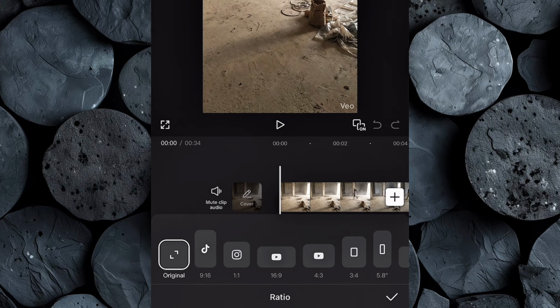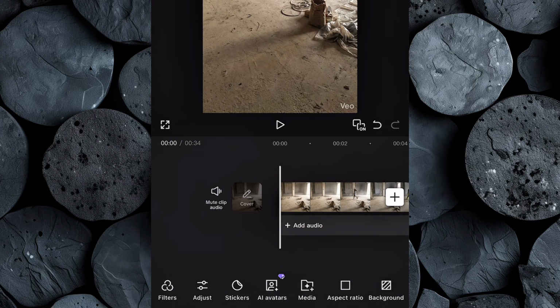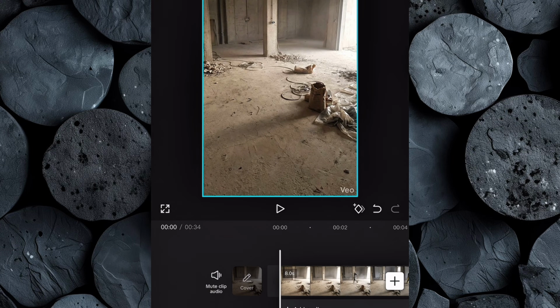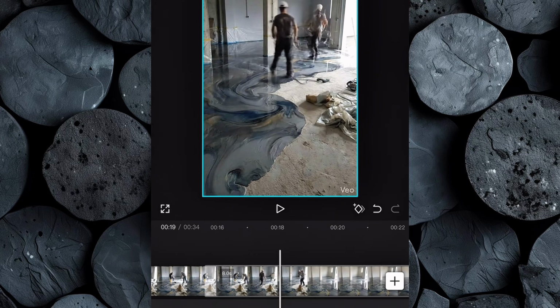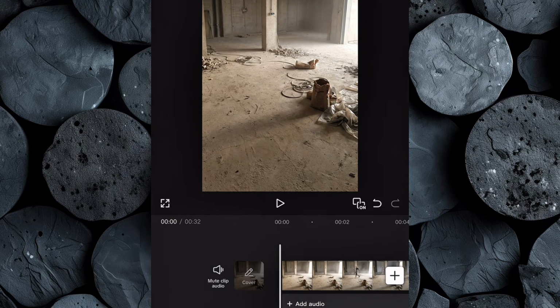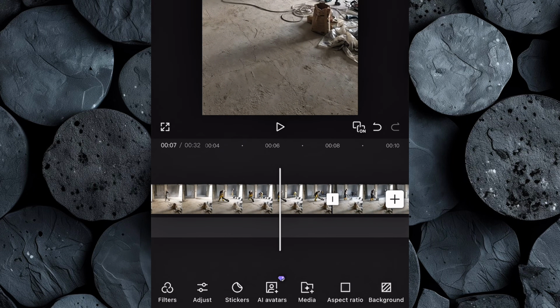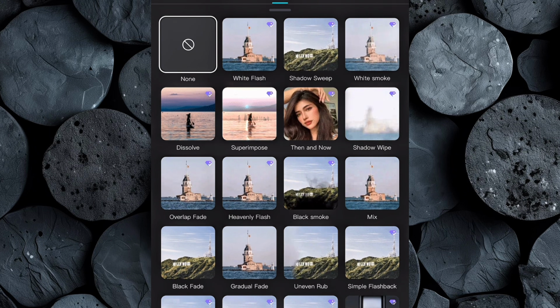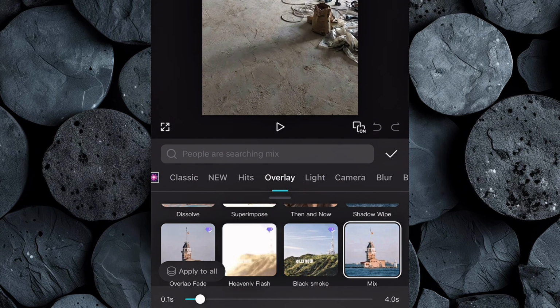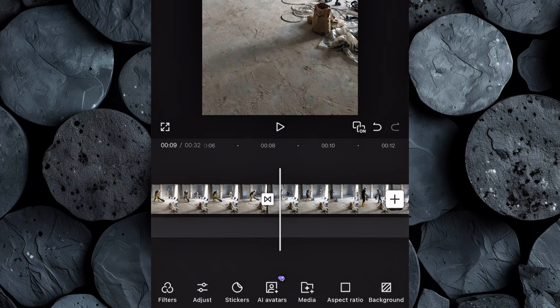Make sure to set the aspect ratio to 9:16, perfect for YouTube Shorts, TikTok, or Instagram Reels. Next, go through your clips and stretch or adjust them as needed to remove any watermarks or logos. Once that's done, it's time to add transitions to make your video flow smoothly. Click on Overlay Transitions. Select the style you prefer, and then click Apply to All to give your entire video